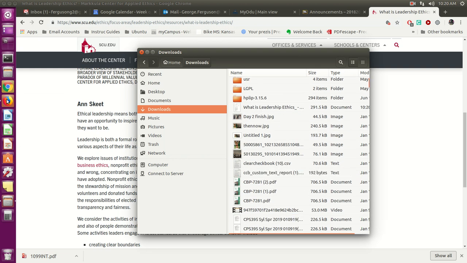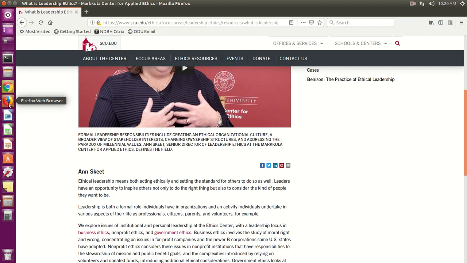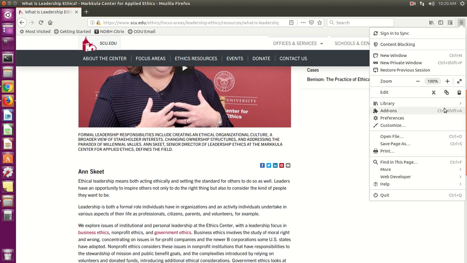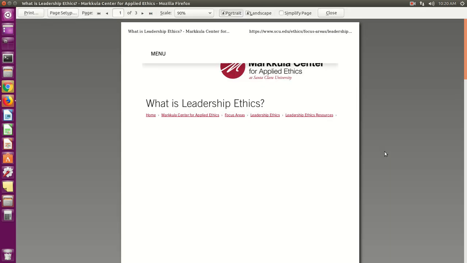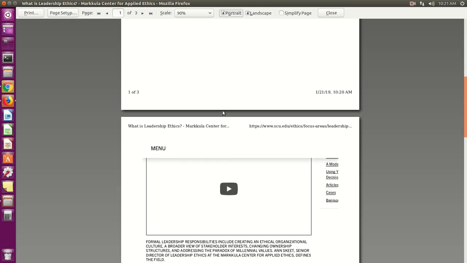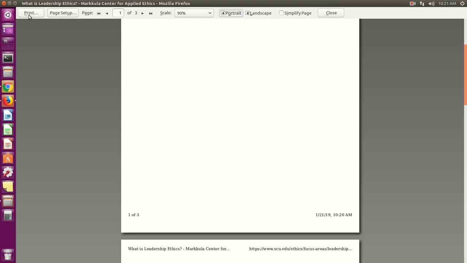Let's say you're using Firefox as far as your browser is concerned. So in this case, I have Firefox up. I have this article that I'd like to print. Over here in Firefox, you'll see the little 3 lines. I click on that, and you'll see that it says print. And it printed. Okay? Looking at what it would look like when it is printed. Alright? So I can click on print